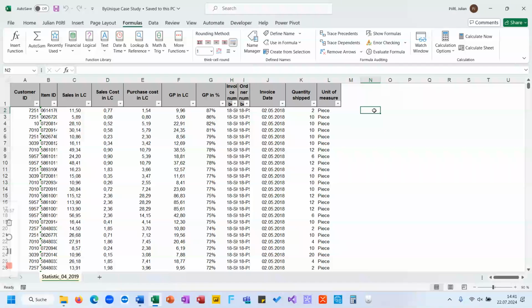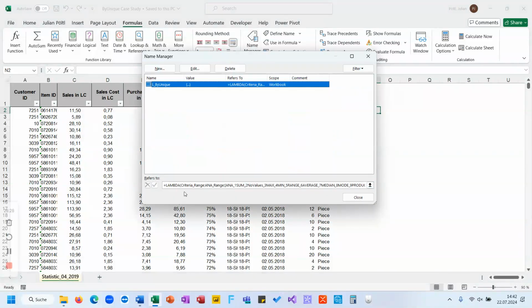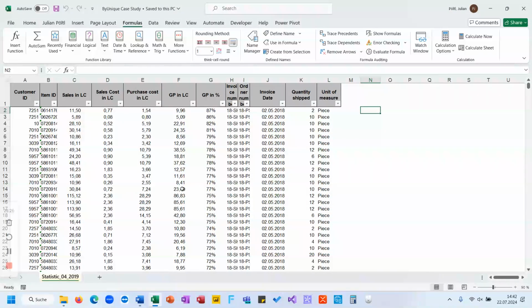But this is a little sneak peek of what you can do with lambdas, because I love lambdas. After I discovered what you can do with them and how to use them, and that they're quite easy to use, I call myself the lambda collector, because I collect a lot of lambdas from different inspirators, or also I steal them from others. But this time it's a lambda I wrote myself. It's called ByUnique, because I saw it with a